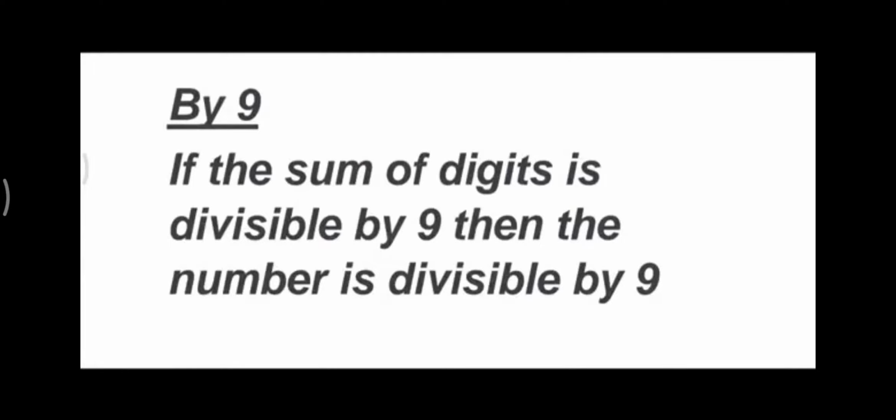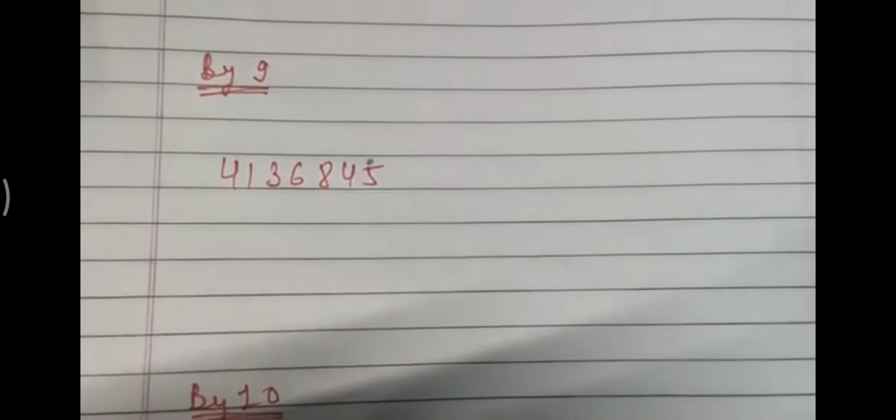Now this is the divisibility of 9. If the sum of digits is divisible by 9, then the number is divisible by 9. ये 3 और 9 की divisibility जो होती है वो सेम होती है, बस उसमें 3 से divisible होना चाहिए, इसमें 9 से divisible होना चाहिए. So we will find out the sum of digits and then we will find is it divisible by 9 or not. Now this is the example